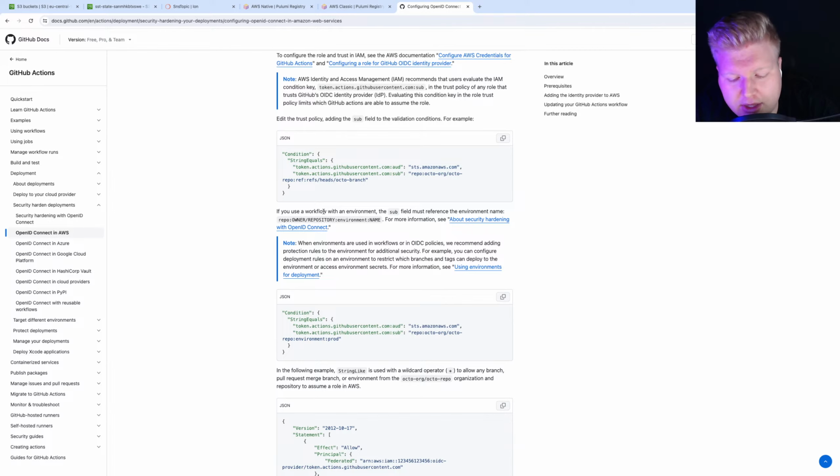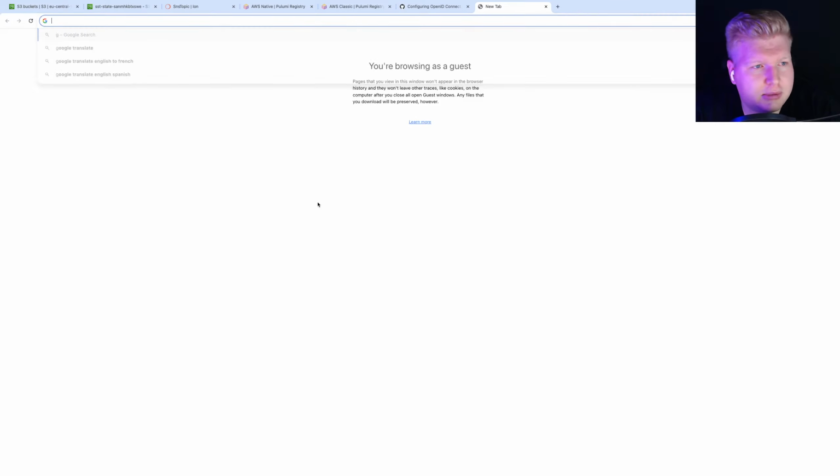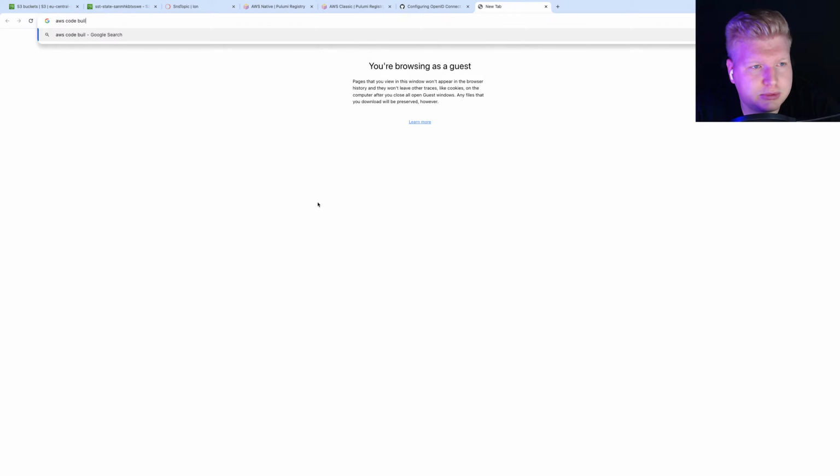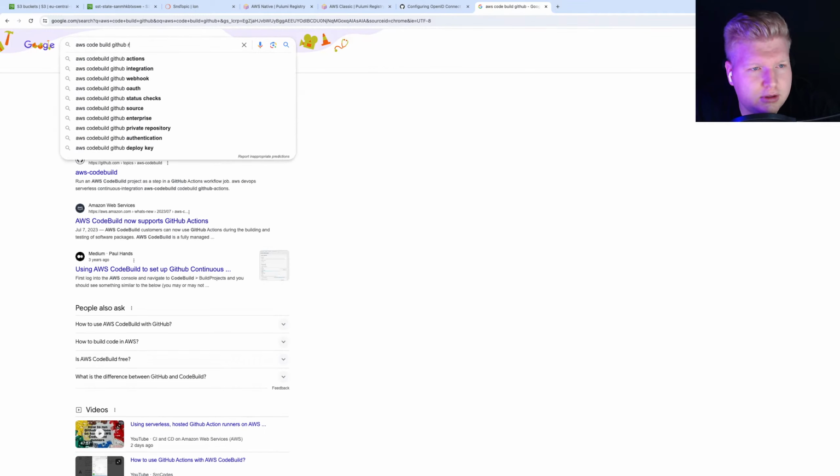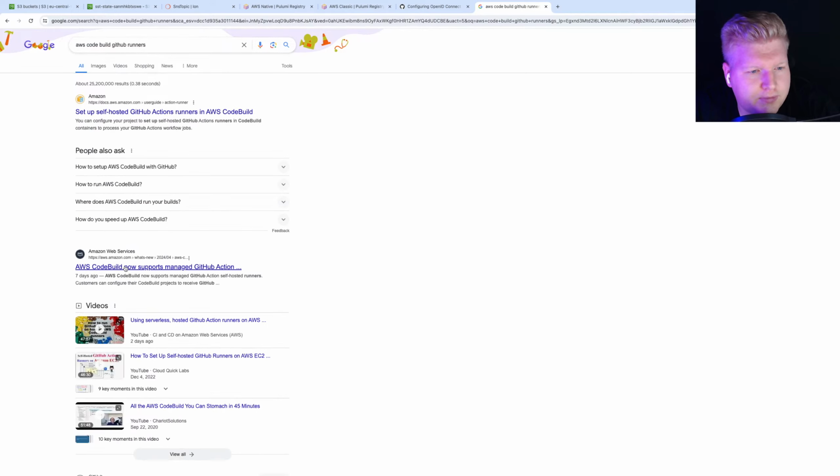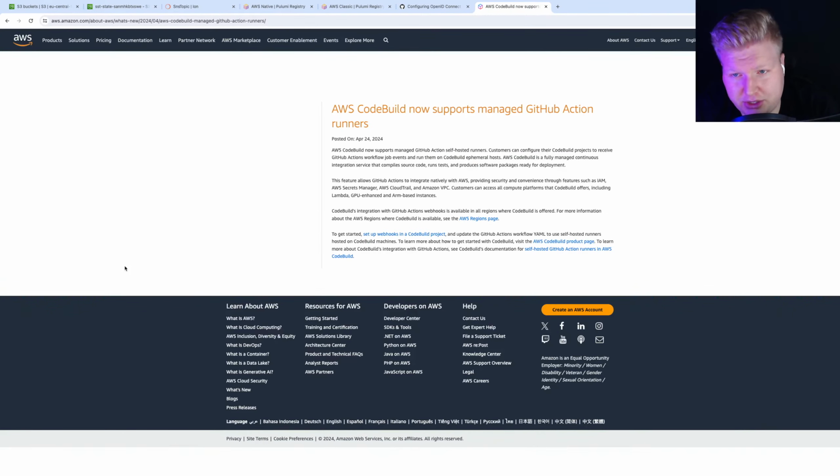Yeah, super cool. Also, recently there was a cool announcement by AWS: CodeBuild now supports managed GitHub Actions runners.